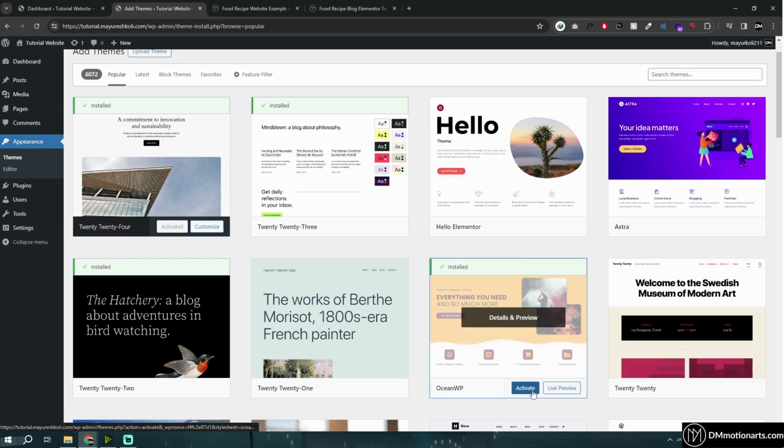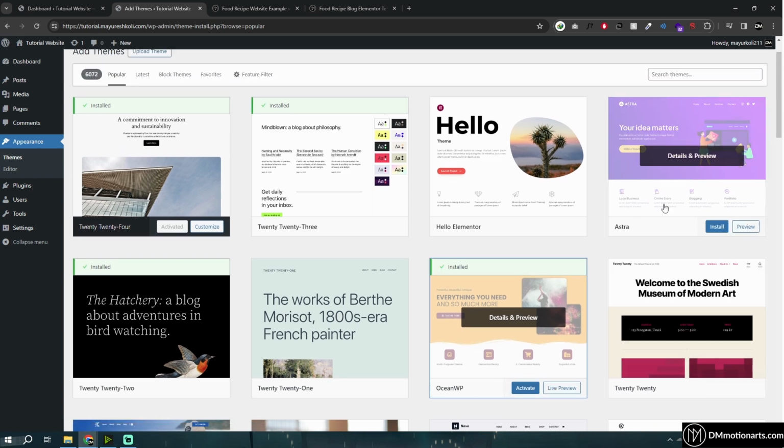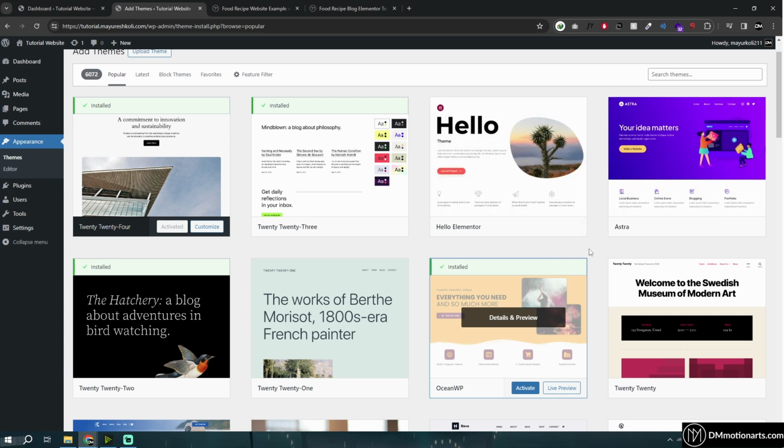Now OceanWP is a bit heavier on the sites than Astra and Hello Elementor, but if you want to buy